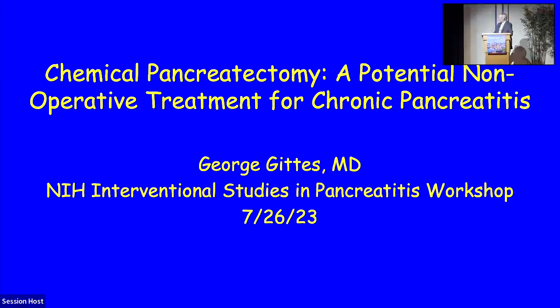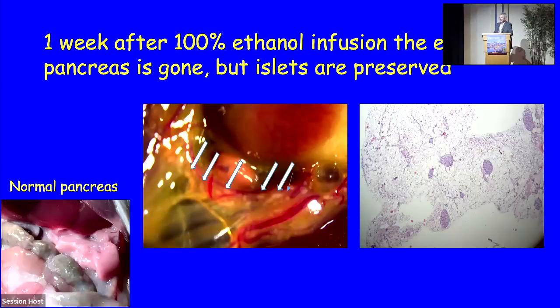Dr. George Gittes came and talked about chemical pancreatectomy. It's just an absolutely amazing kind of talk that he gave. They serendipitously injected a mouse's pancreatic duct with alcohol, completely unrelated, looking at a different problem. And Dr. Gittes noticed that the pancreas basically had disappeared in the animal, but the islets persisted. And here's a shot of a normal pancreas. The arrow's pointing to where the pancreas used to be, and these small white dots